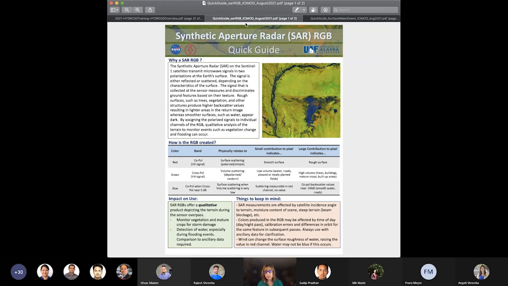It has a little bit of background and an image to remind you what the product is supposed to look like. Specifically here in the SAR RGB quick guide, I wanted to spend a little bit of time